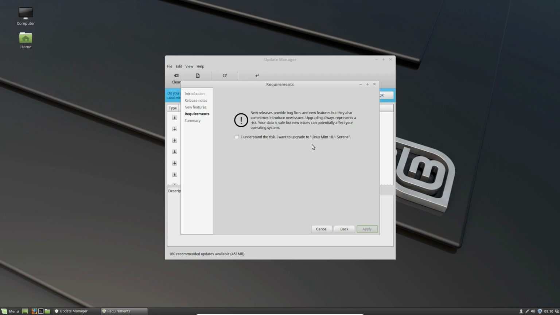And this is very important here. As with any operating system update, I recommend that you always back up your most important files. Typically, there are no problems. However, if it does run into a problem and for some reason you lose some of your data, that's not good. So no matter what operating system you're on, I recommend always backing up your most important files first before making the upgrade. So let's go ahead and say, yes, I understand. All you would do is click on apply, type in your password, and then